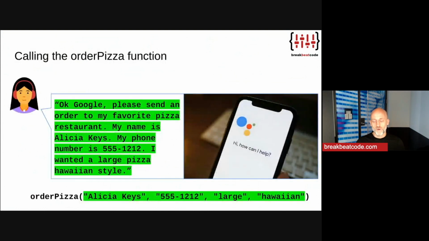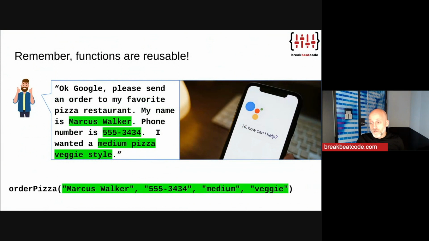And so in this process, Google Assistant's going to translate this information and pick out these different words, and it's going to feed it into this function called order pizza that will then pass that information to the restaurant, and it's reusable because this guy, Marcus Walker, can do the same thing. He can use the Android Assistant, give him this information. That's going to ultimately be passed down into this thing called order pizza,